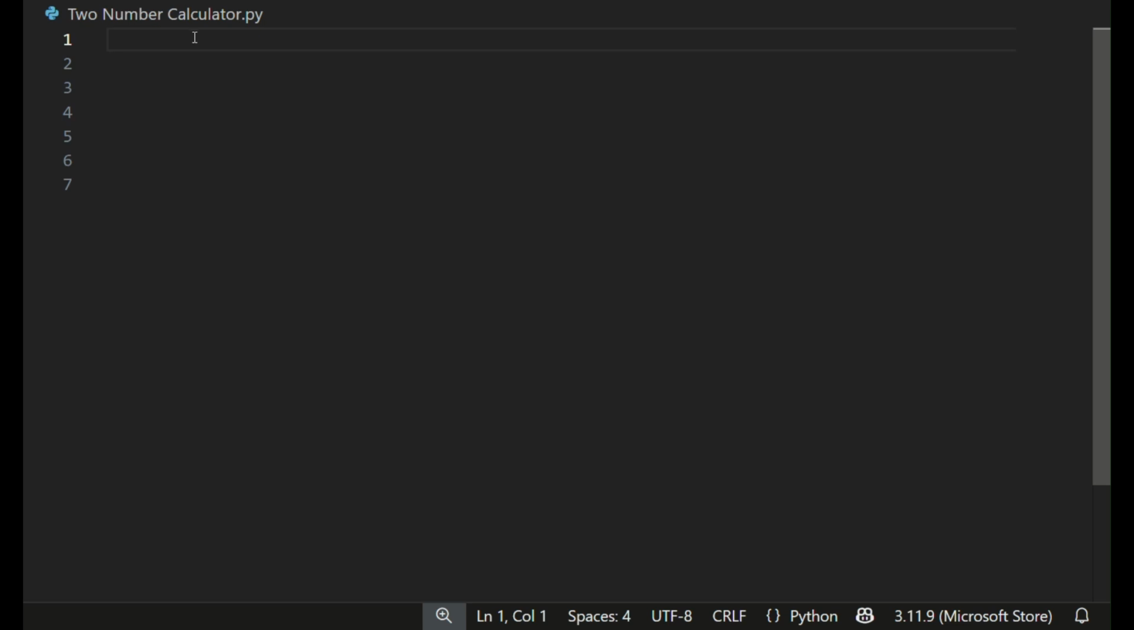Everyone. Today we will make a two-number calculator which will calculate plus, minus, addition, subtraction, multiplication, division of two numbers inputted by the user. So now let's get started. So first we will write while true